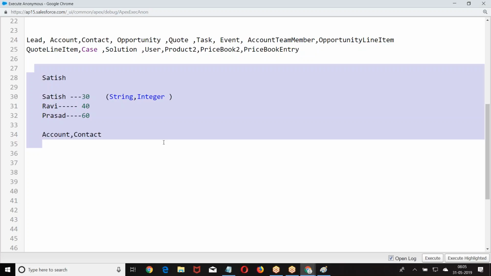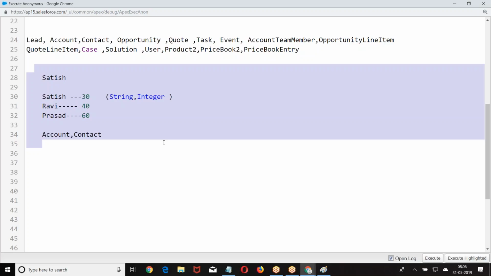So if the format of the data I need is not supported by any of the existing data types, then we will form our own data type. Wrapper classes are used to create your own data types. Wrapper classes are used to define custom data types. I hope you are good.